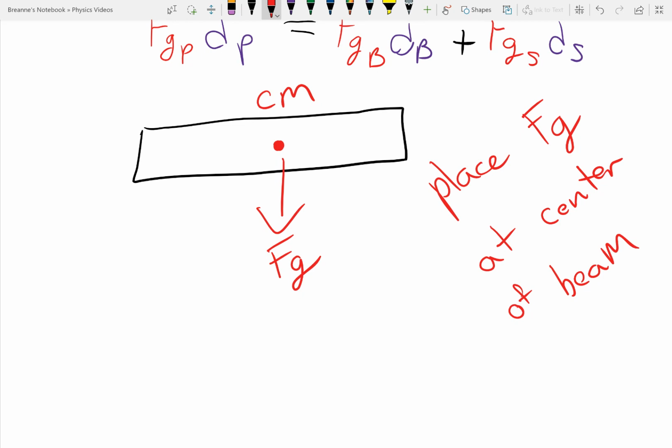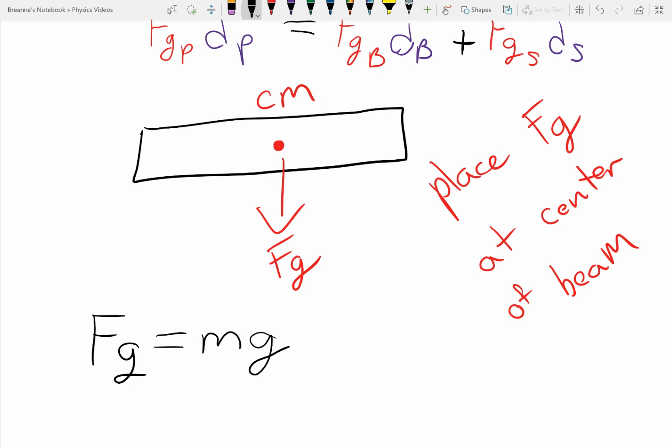So, that's the key thing. Make sure you put your force of gravity at the center of the beam. Now, like on your test, we might give you the mass, and you have to figure out the force of gravity. Now, this formula will be given on your test,